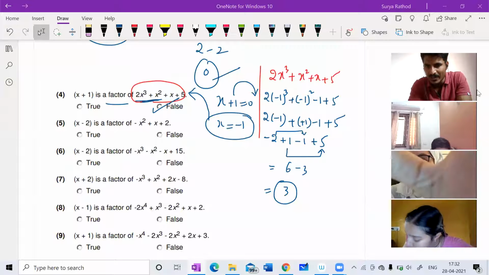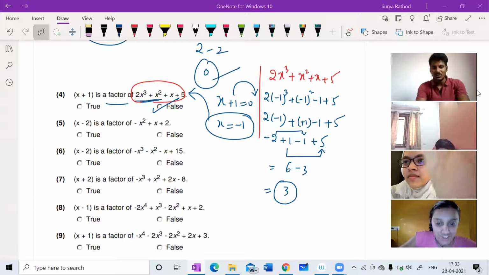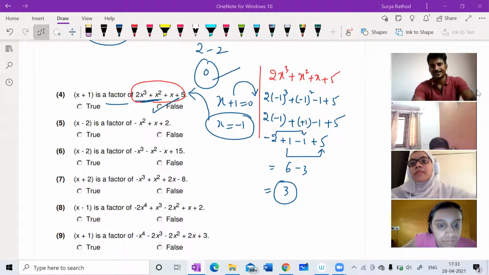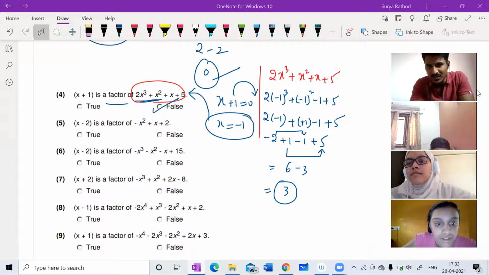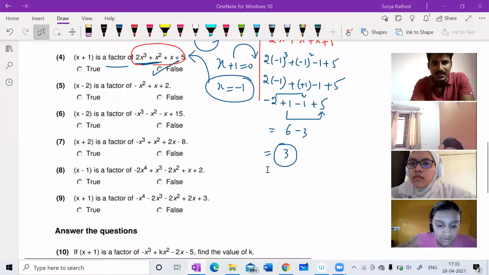Sometimes I cannot read all the names, so I'm sorry for that. You got the right answer. See, Piyush, check your answer. Piyush, you are wrong. Sir, I wrote for fifth and fourth both. Fourth one is false, I wrote. Very great, you are right.